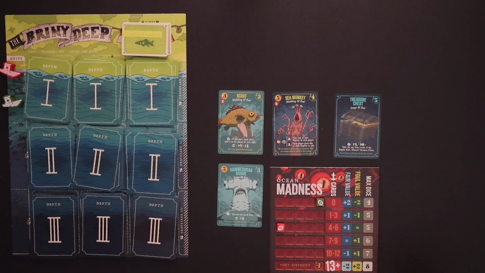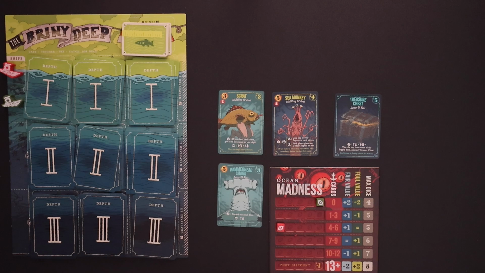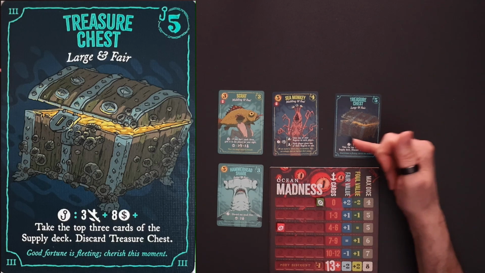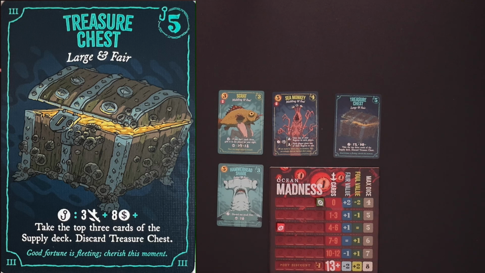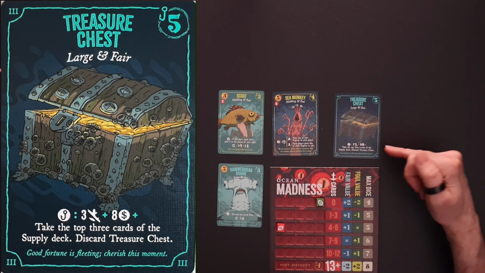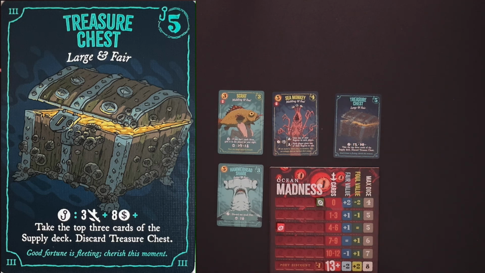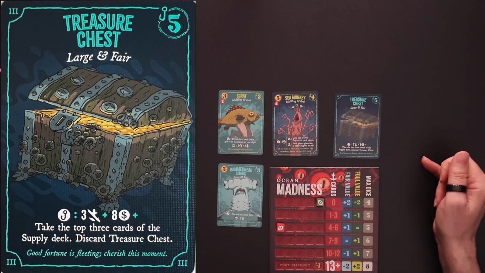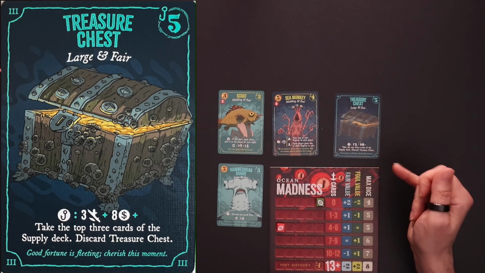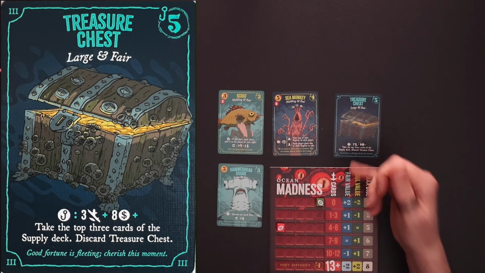the card. Now it's not just always fish, there will be other things you'll be pulling out of the sea, such as this treasure chest. And what you would do as soon as you do that, you've got the when caught ability, you would activate that, and in this case this is telling me I can discard 3 regret cards and earn 8 money. And then I would take the top 3 cards of the supply deck as well, and then discard this treasure